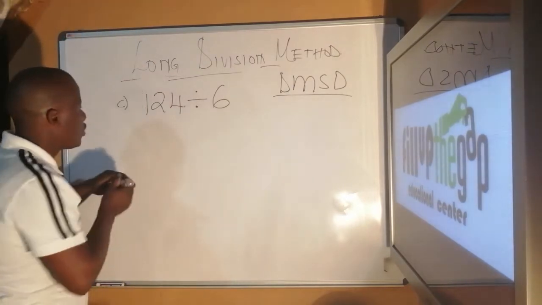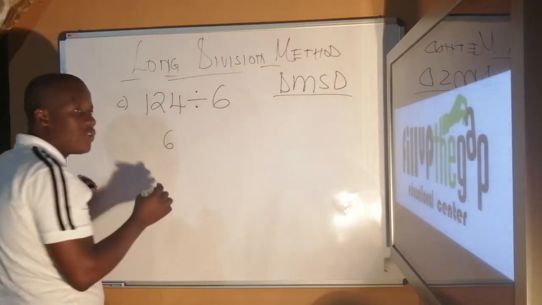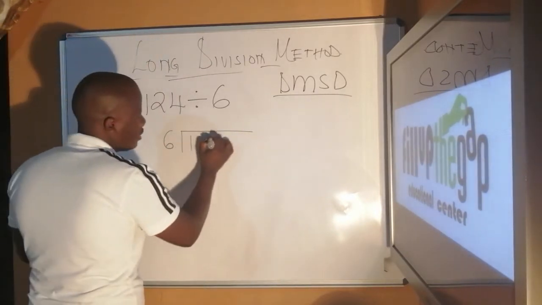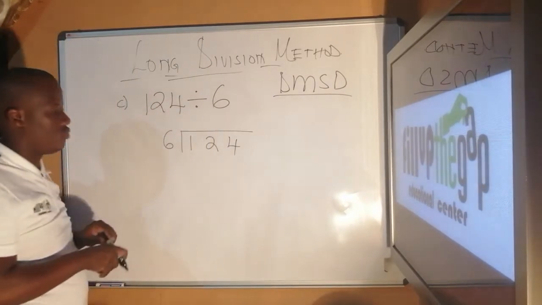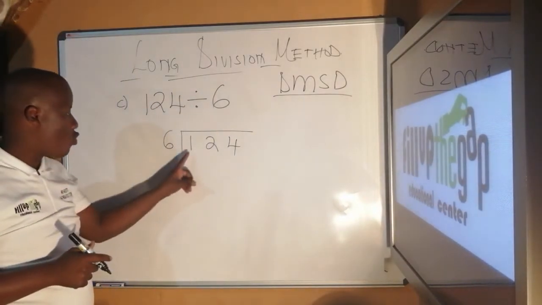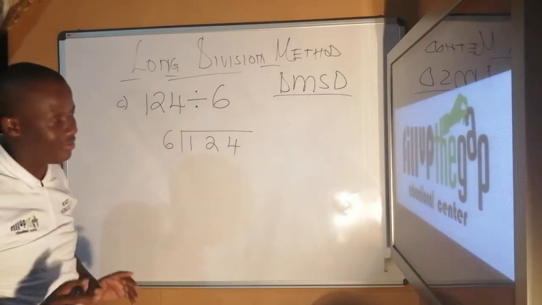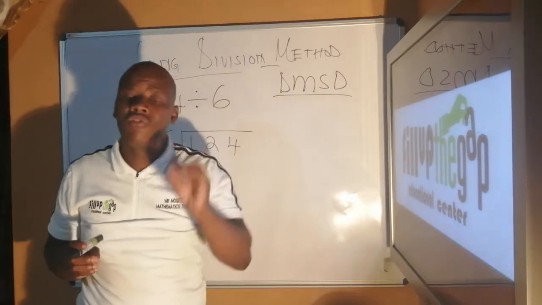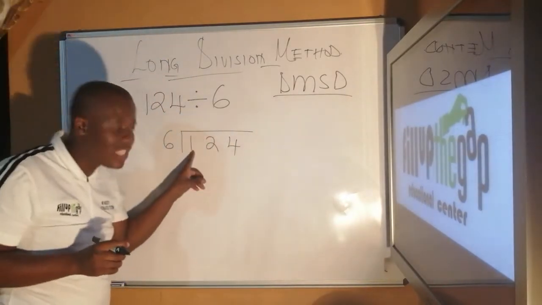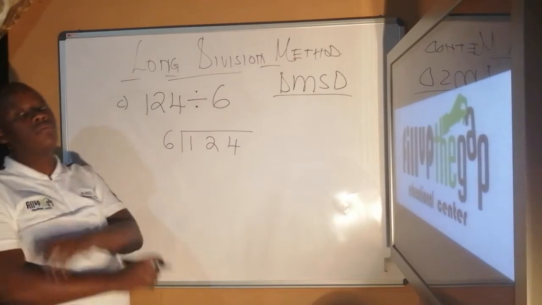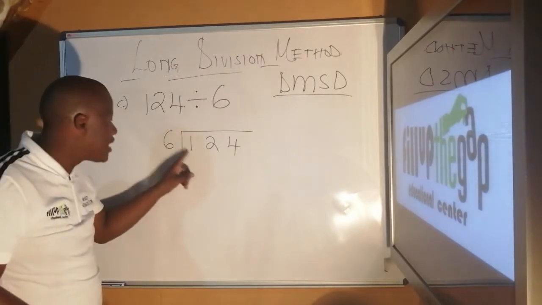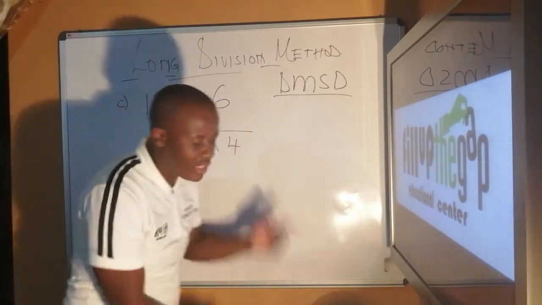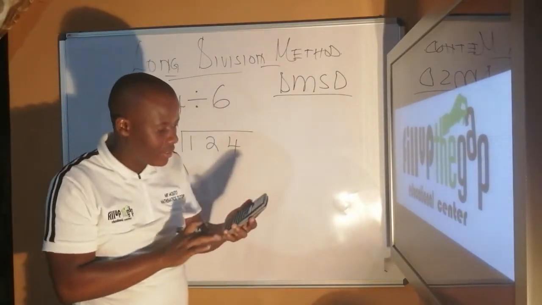Let's go there now. So we have 6 here, which is our divisor, and we have 1, 2, 4, which is our dividend. Remember, the reason I'm emphasizing this is that most learners confuse the two. Instead of saying 1 divided by 6, they say 6 divided by 1. So 1 divided by 6 is how much? Let's take the calculator. 1 divided by 6 equals